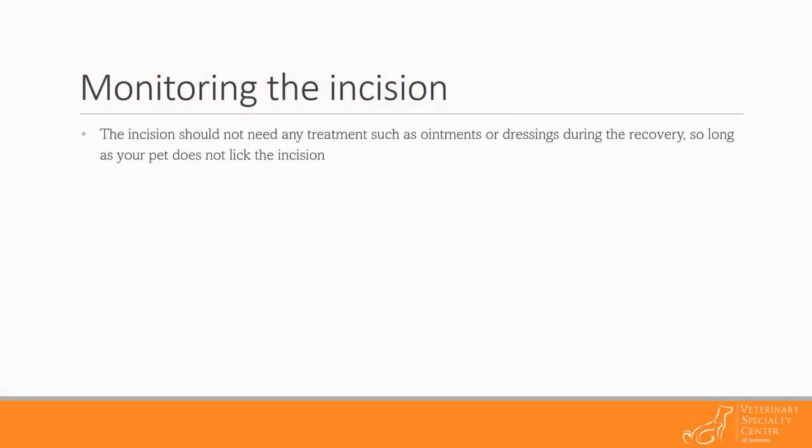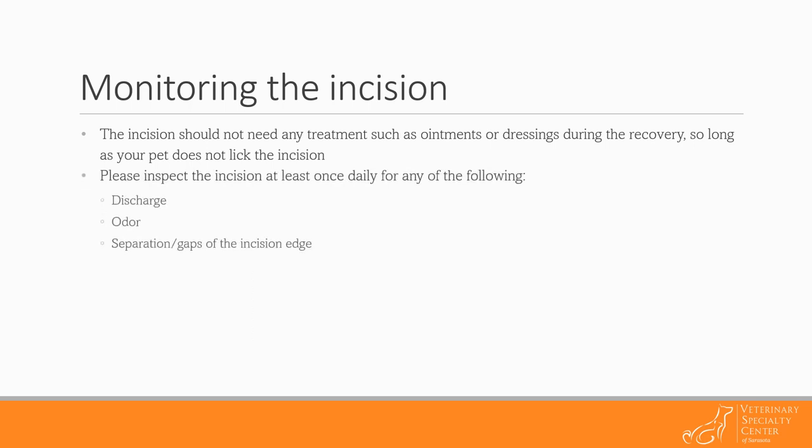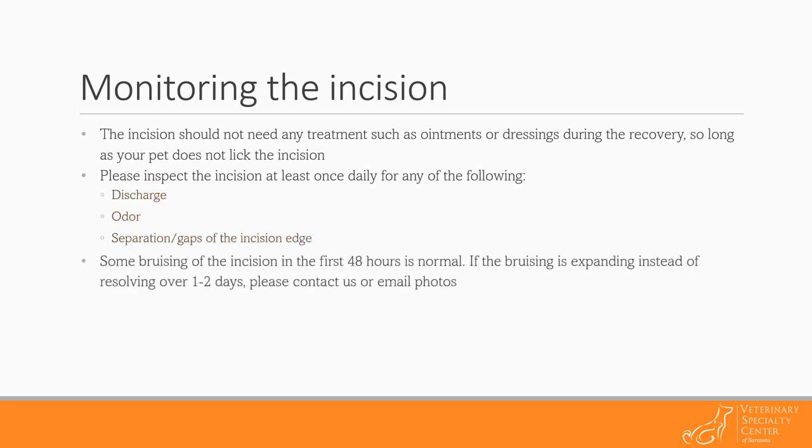The incision should not need any treatment, such as ointments or dressings, during the recovery, so long as your pet does not lick the incision. You will need to inspect your pet's incision at least once daily for any discharge, odor, or separations or gaps in the incision. Surgery wounds will likely show some bruising initially in the first 48 hours, but this should improve with time. If the bruising is expanding instead of resolving over 1 to 2 days, please contact us or email